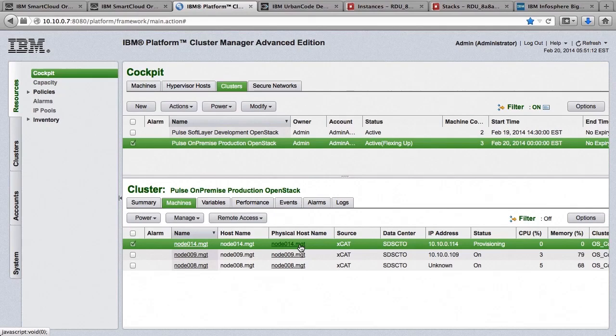And as a result of this, it's going to flex up and add additional compute resources automatically to that cloud. This process is fully automated based on our cloud definitions that we provided earlier to PCM,